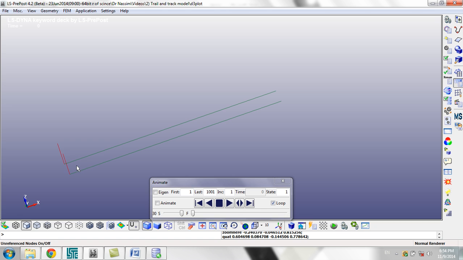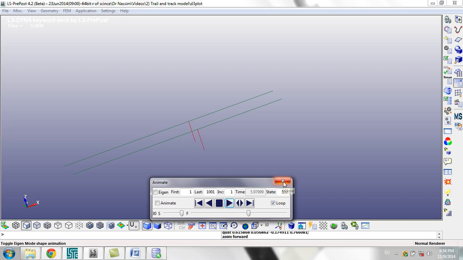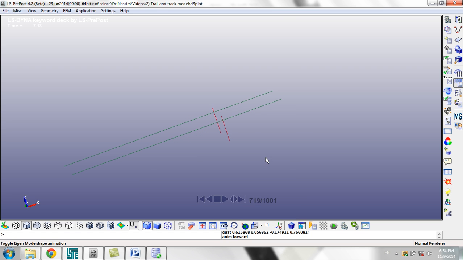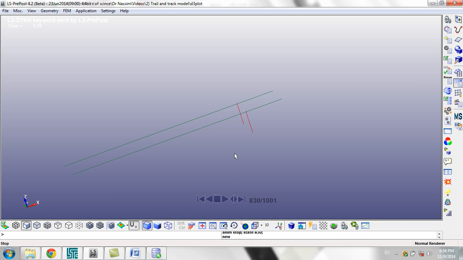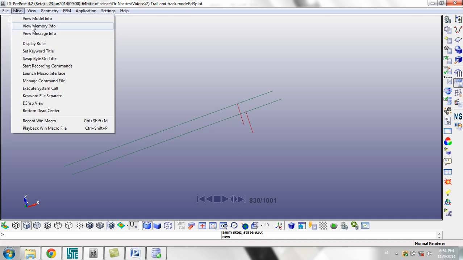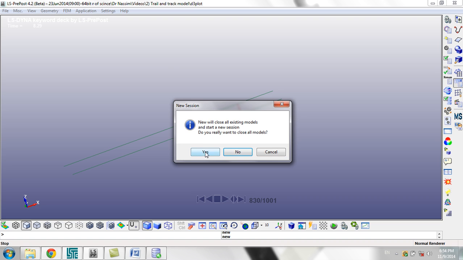So this is my car and this is my track, and if I click play, here it works, but see what happens. The system is unstable. Actually, this is also related to the time step problem. This means the system fails due to some error, we don't know. To ensure that we don't have any problem with our model, I'm going to stop this model, file, new, no, don't save, new, yes,